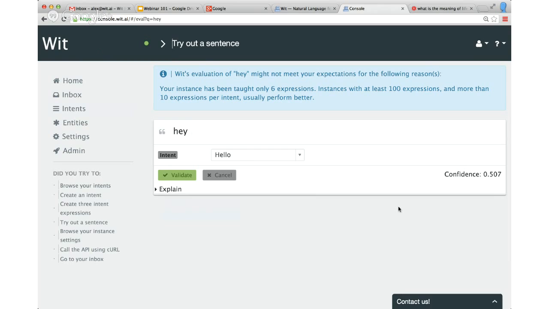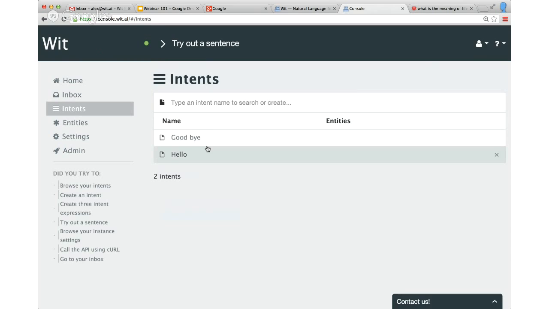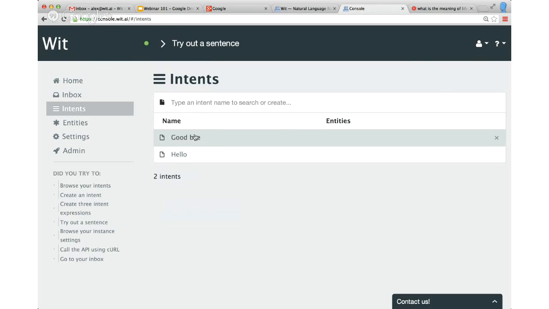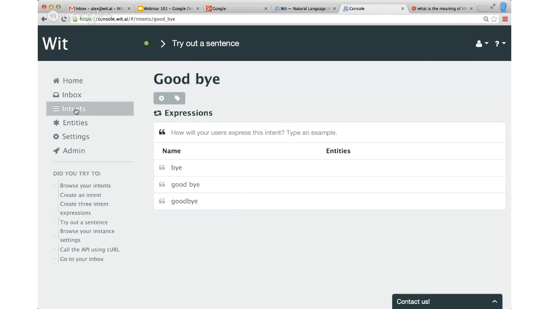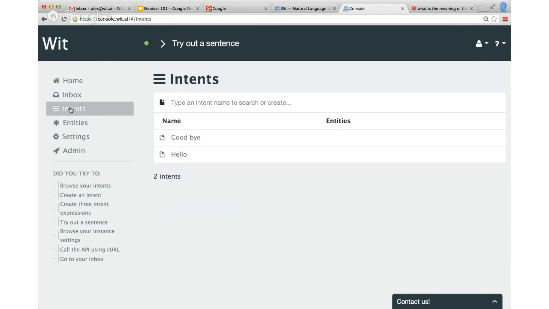The reason is Wit knows you only have 2 intents, and a total of 6 expressions. So it knows about 6 sentences in the world, and it's not enough. Wit realizes that even if you have the same sentence, it might be a mistake or a problem. With so little knowledge about the world, just 2 intents, Wit is never absolutely sure of what it does. So it's normal that you don't get much more than 50% in this case.